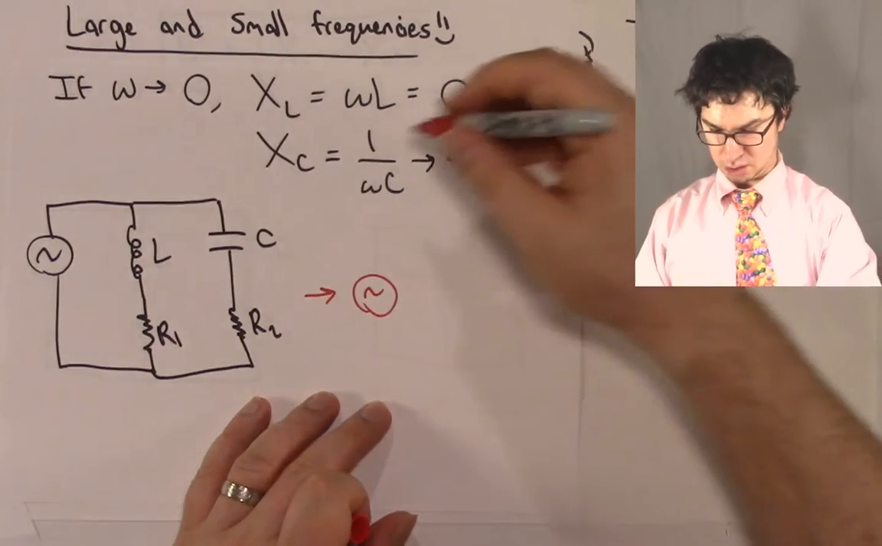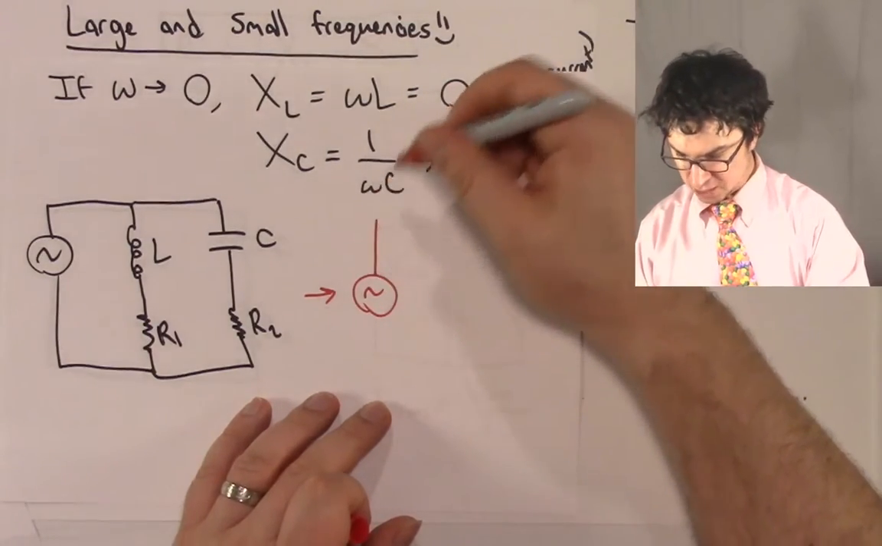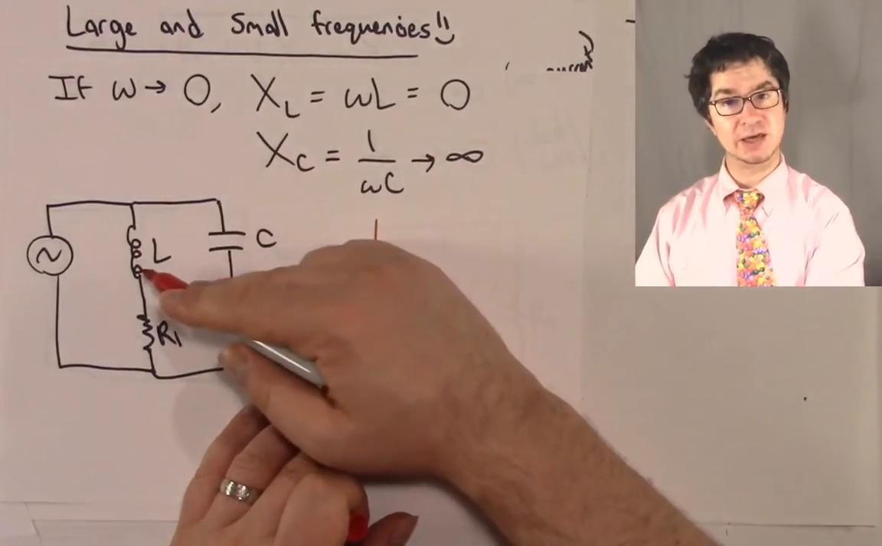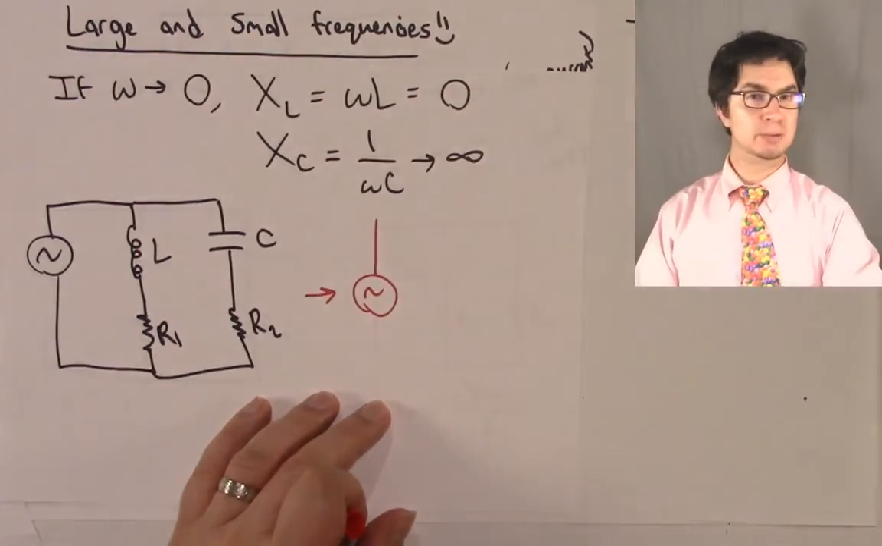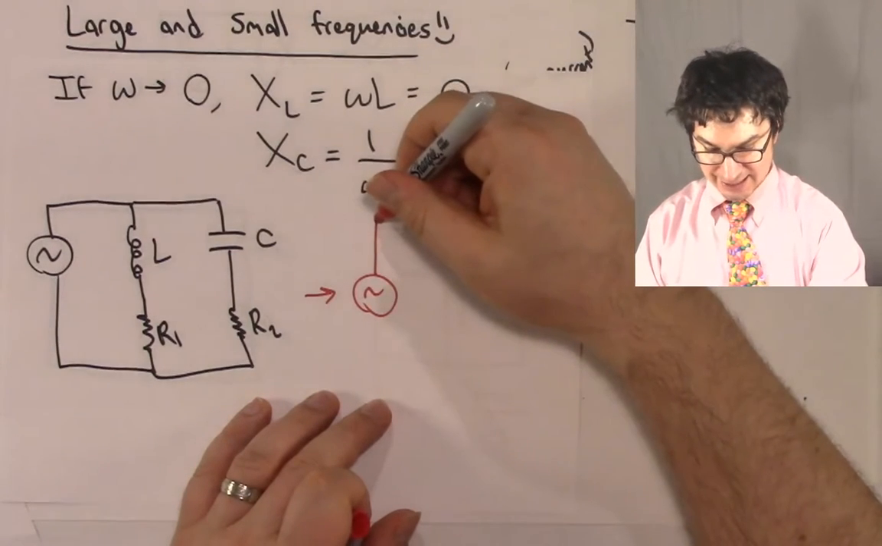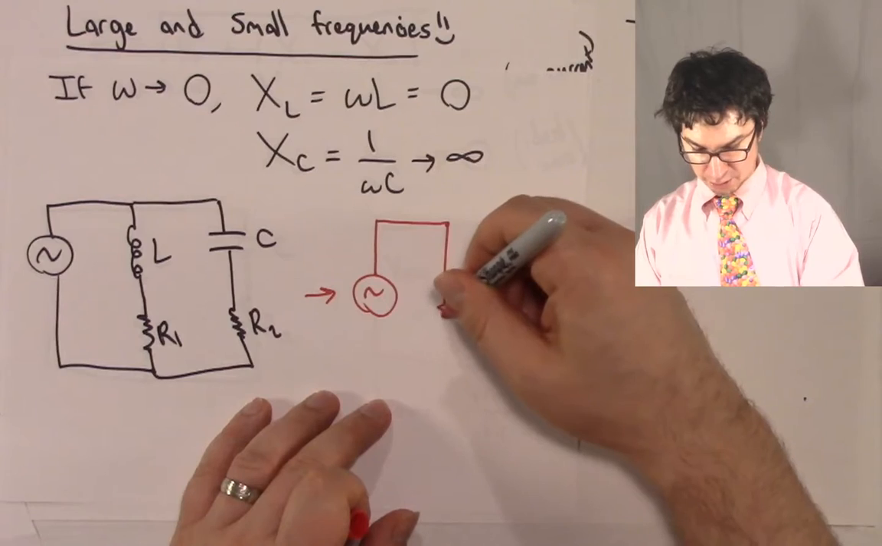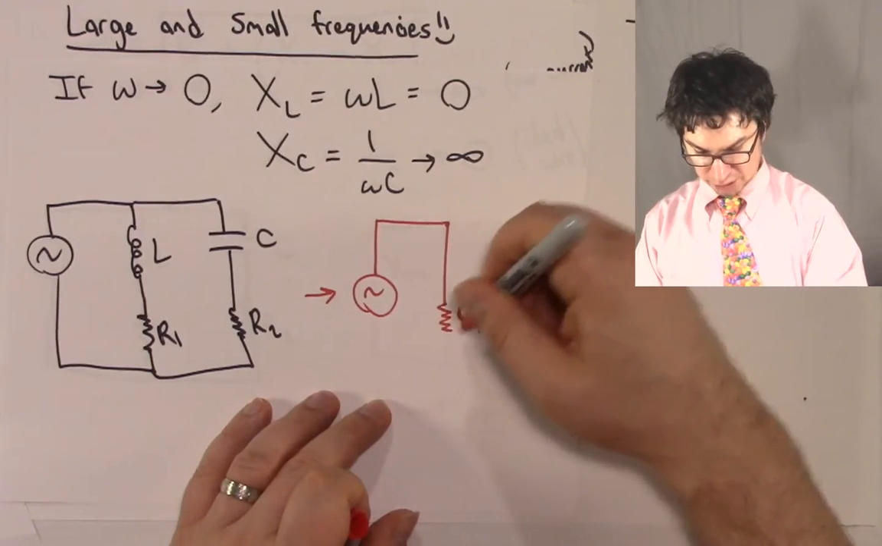The very, very small omega is going to produce 0 reactance in the inductor. So that means that current will be able to flow very easily, like it's an ideal wire. So current will flow perfectly through that inductor. And we're going to have only R1